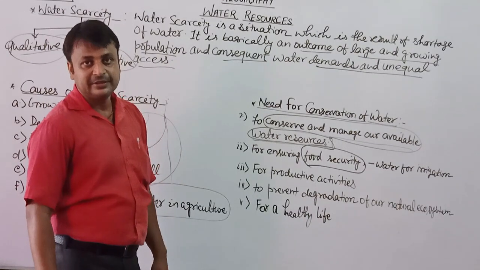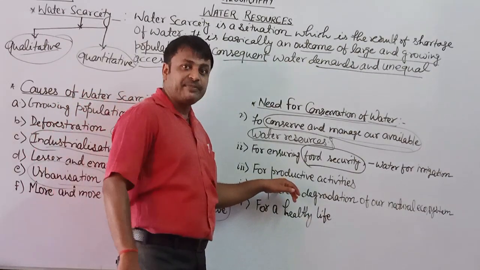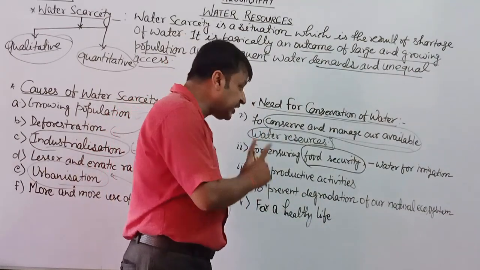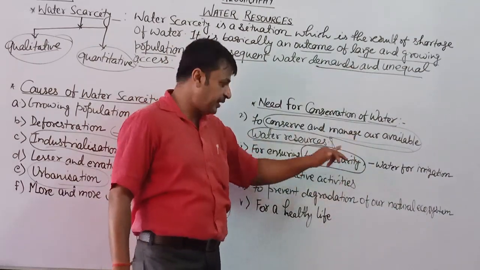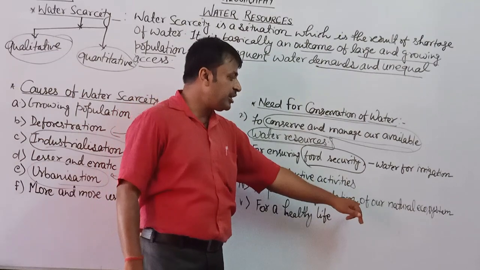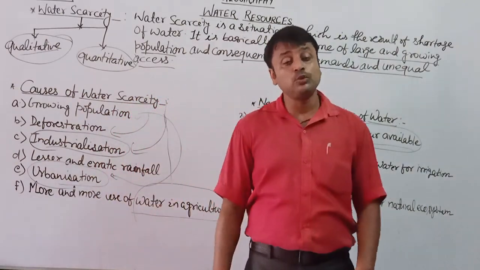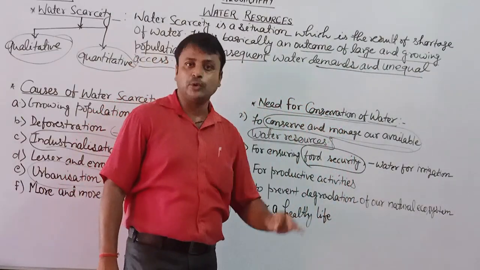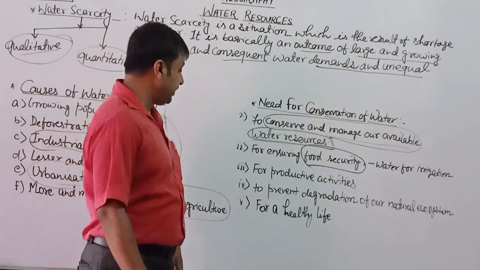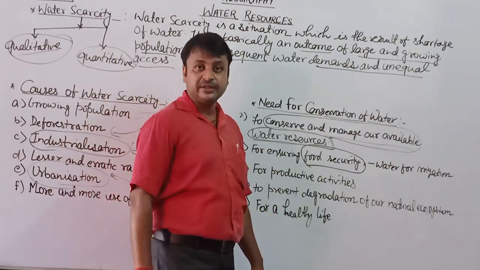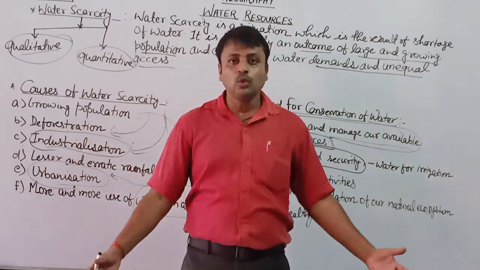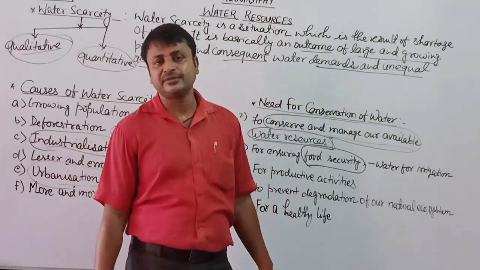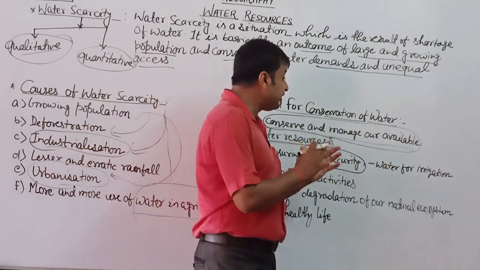नहीं होता। नेक्स्ट, फॉर प्रोडक्टिव एक्टिविटीज, आपने देखा इंडस्ट्रीज में भी नीड वाटर। इवन इन डे टू डे लाइफ जो भी हम काम करते हैं उसके लिए हमें पानी चाहिए, वो भी नहीं मिलेगी तो कंजर्व करना पड़ेगा। टू प्रिवेंट डिग्रेडेशन ऑफ आवर नेचुरल इकोसिस्टम, मैंने ऐसा कहा कि हमारी पूरी इकोसिस्टम थ्रेटेंड होती है। अगर ये फ्रेश वाटर नहीं हो तो पूरी की पूरी लाइफ थ्रेटेंड होती है, तो इसके लिए जरूरी है कि हम वाटर को बचाएं। नेक्स्ट, फॉर अ हेल्दी लाइफ, मैंने कहा वाटर बॉर्न डिजीज, अगर हम शुद्ध पानी नहीं इस्तेमाल करेंगे तो वाटर बॉर्न डिजीज से हमें मुकाबला करना पड़ेगा और वी डोंट हैव अ क्वालिटी ऑफ लाइफ। सो देयर इज अ अर्जेंट नीड टू